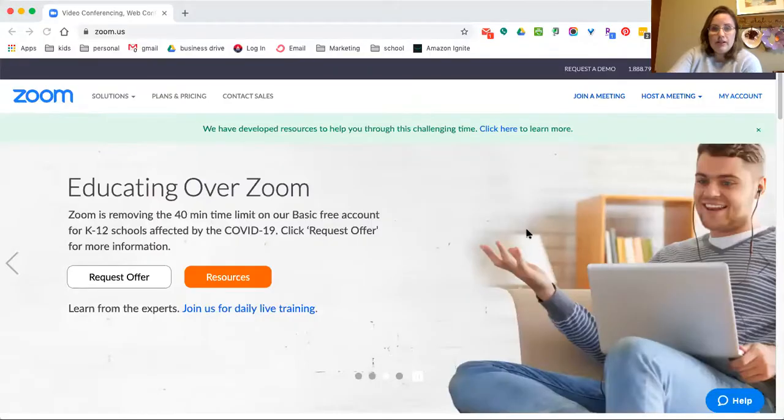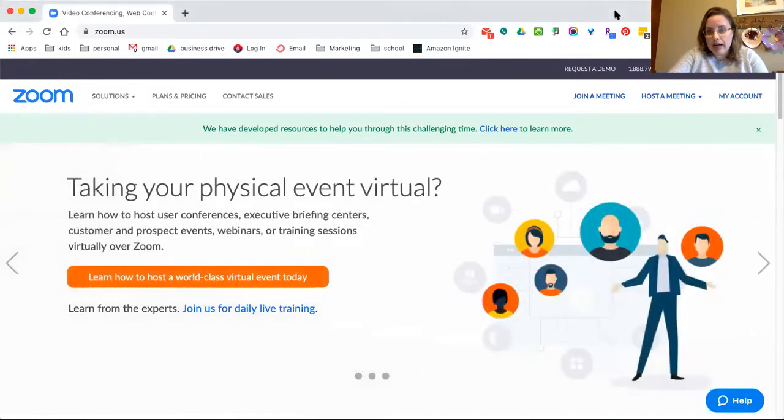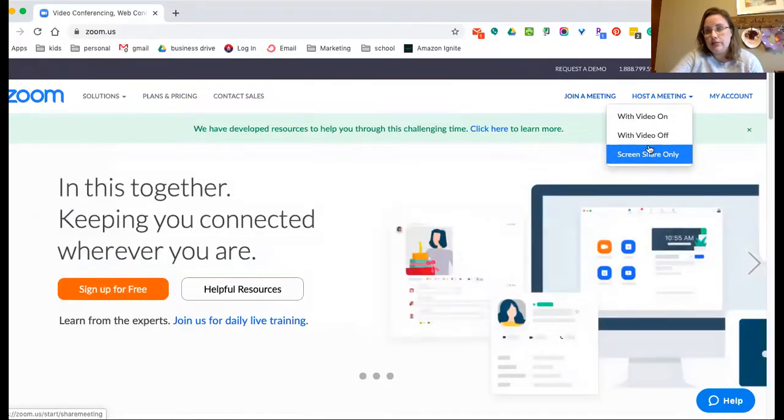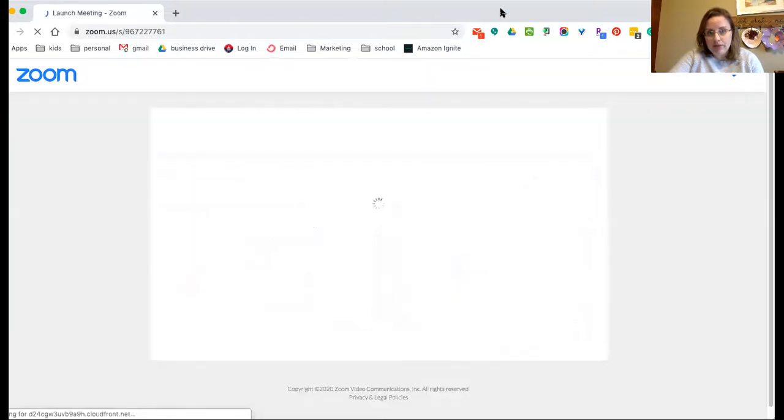Okay, so as you can see, once you get to Zoom, you're going to click on host a meeting with video on, video off, or screen share only. Screen share only is literally just sharing the screen. You won't be able to see kids, so that's a really safe way to do it. If you want two-way communication, use the video on option. With the video on option,